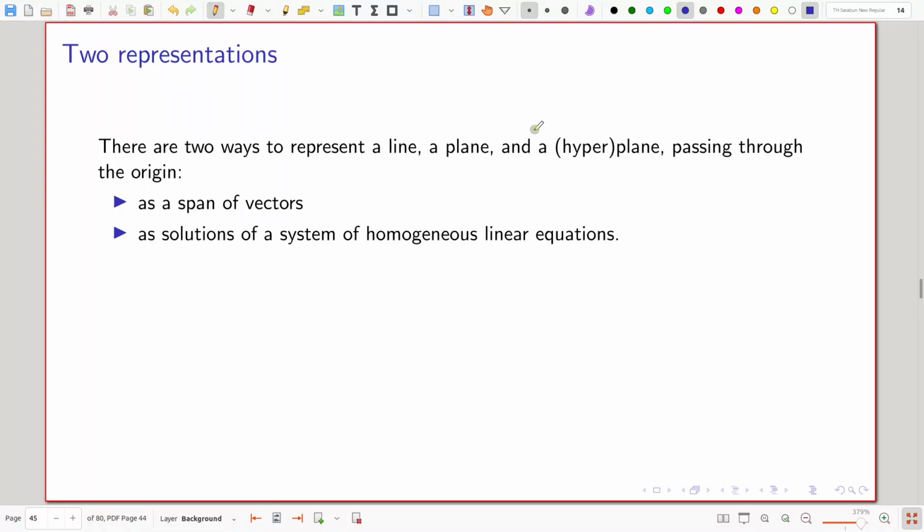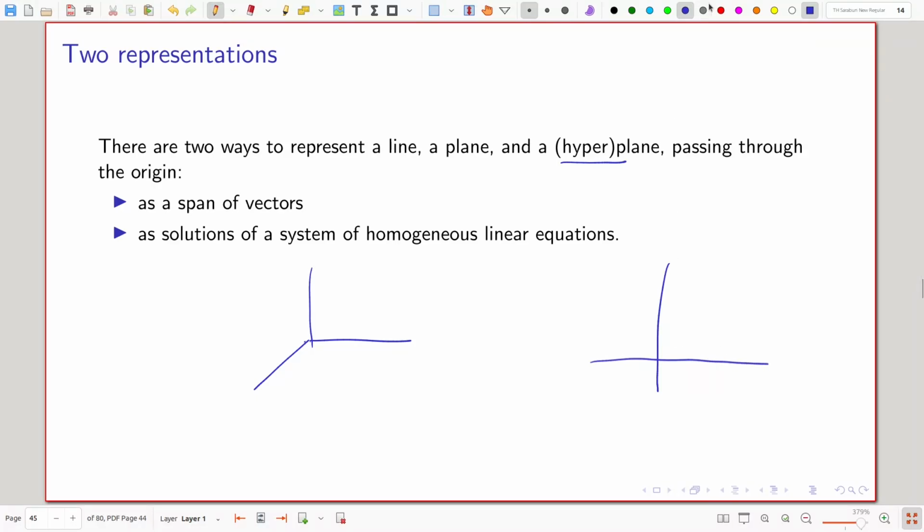But if you think about higher dimensional space, it might look somewhat like a plane, but we call it a hyperplane. So when you take a span of vectors, you get what we call a plane or a hyperplane. Another way to get this kind of thing, think about what we talked about so far.